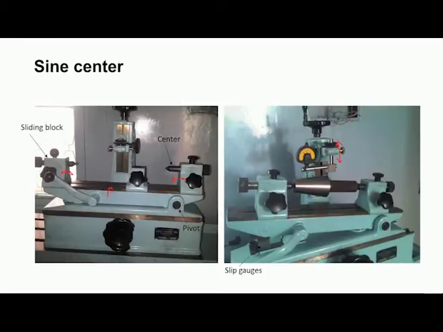You can see the guideways here. So, this head can be moved up and down again to accommodate workpieces of different sizes. Then the dial indicator is moved horizontally till it reads 0 throughout. So, like that we should adjust the slip gauge height, and then the angle can be calculated. That will be the taper angle of the workpiece.